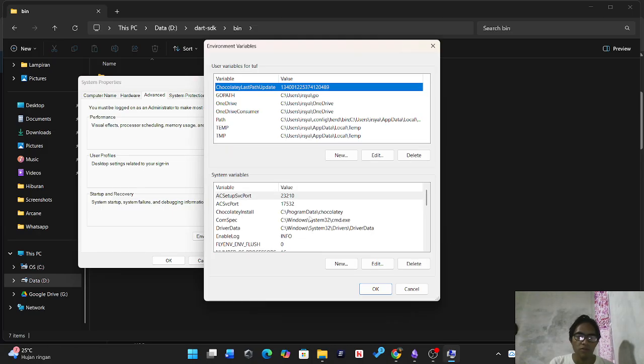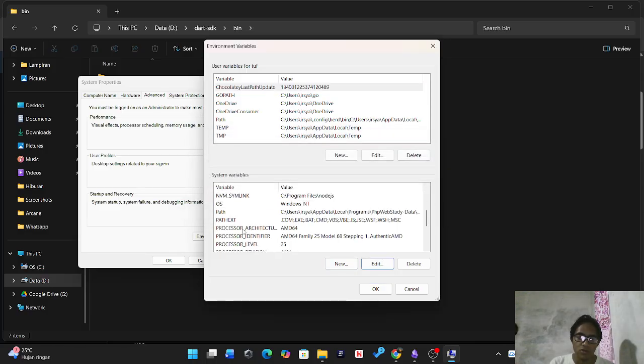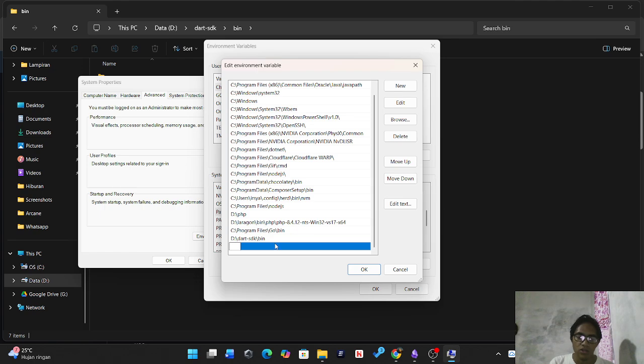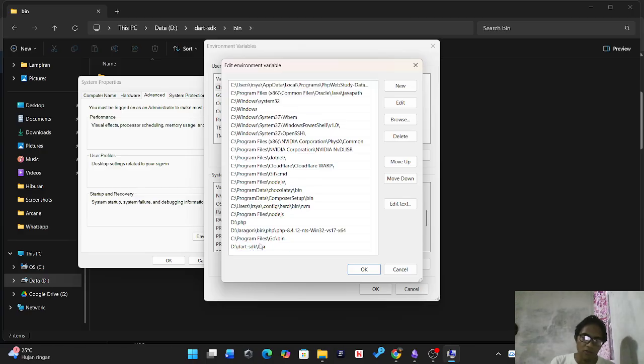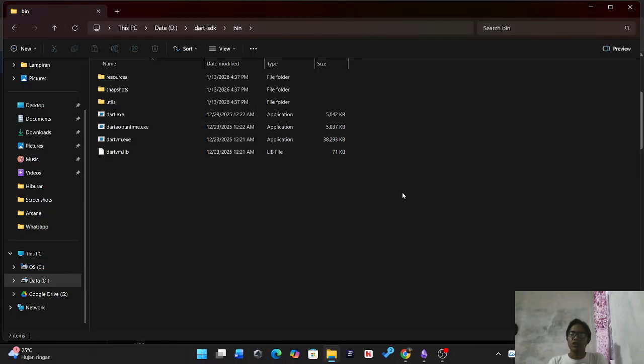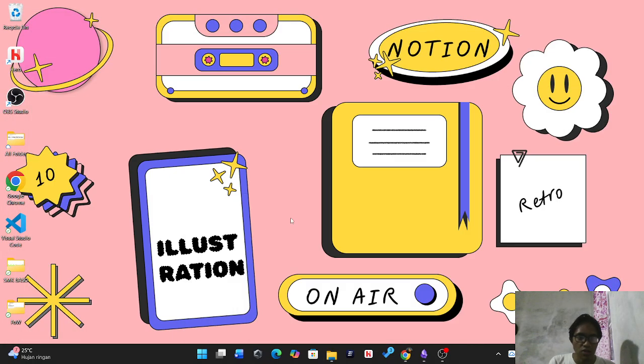Go to the environment variable, put the edit in the system variable, edit. Don't forget to put the path here, path, edit, and create new. After creating new, paste the path, and okay. Because I have one in here already, okay, and okay. After that, all done, and you can use your Dart